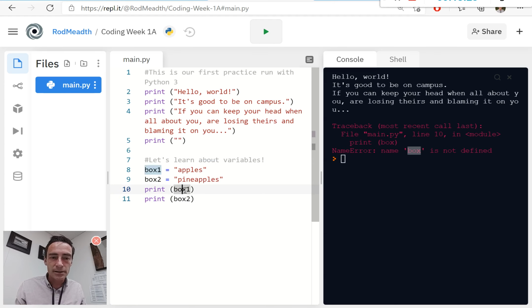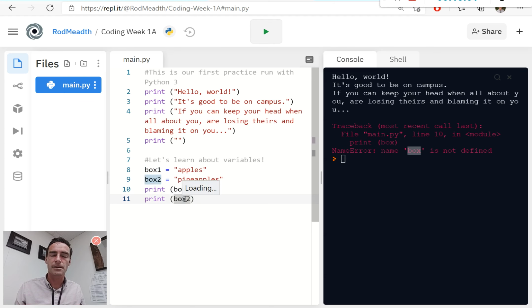Now, oh, that's interesting. Look at that. If I click, this is really cool. If I click on the variable box2, I didn't even double click to highlight, I just clicked on it. It highlights the other instances of where box2 is mentioned elsewhere in the code. That's really helpful. Happens anywhere I click on it. And look at that. If I hover over it here, I don't know if you saw that, but it actually,